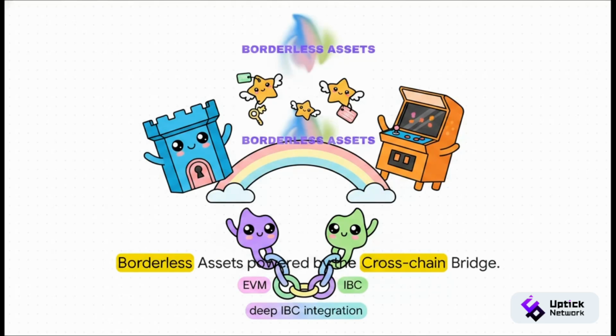And it's not just your identity that travels, it's your assets. In the past, cross-chain efforts felt kind of clunky and incomplete because assets would lose their metadata or permissions the second they left their home chain. The continuity just wasn't there. Uptick actually solves this with the Uptick cross-chain bridge and deep IBC integration. This enables NFTs and assets to move seamlessly between EVM and IBC-based ecosystems while fully retaining their metadata, logic, and context. So an asset remains recognizable and fully functional, whether it's unlocking a door in a game or granting you access in a decentralized marketplace.